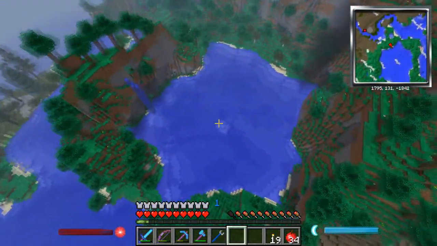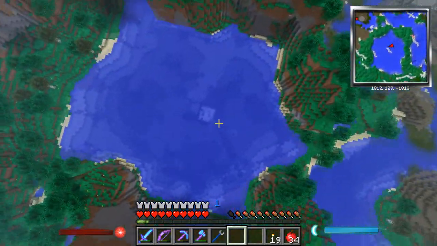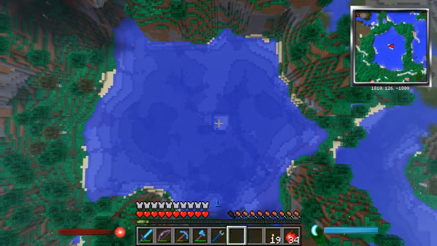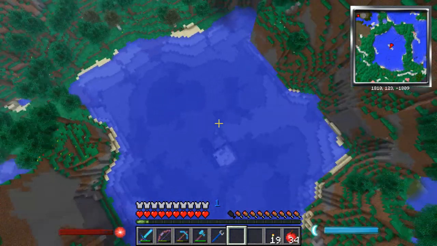So I decided that I was going to have my base right in the centre. So the factory is right in the centre there. You can just about see it there, which is a bit odd. Maybe I should have put some more dirt around it to hide it a bit better. But if we drop down into here,